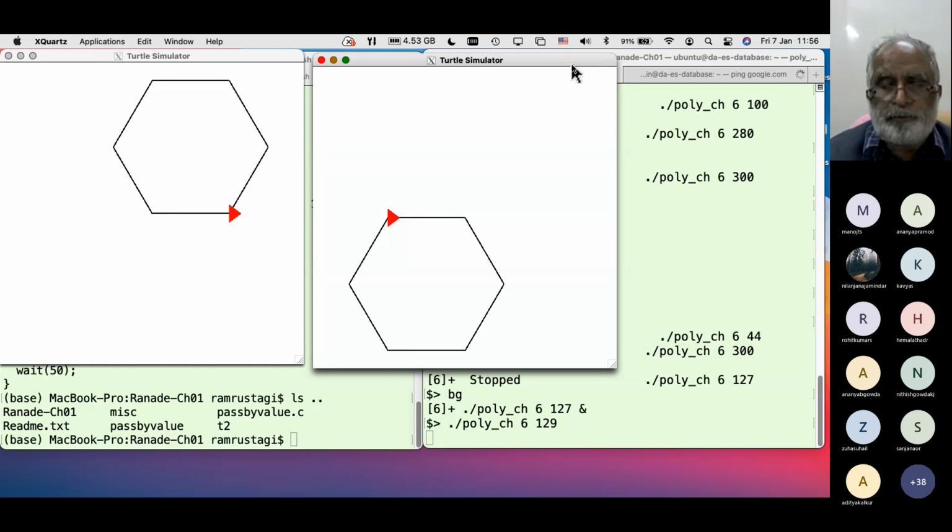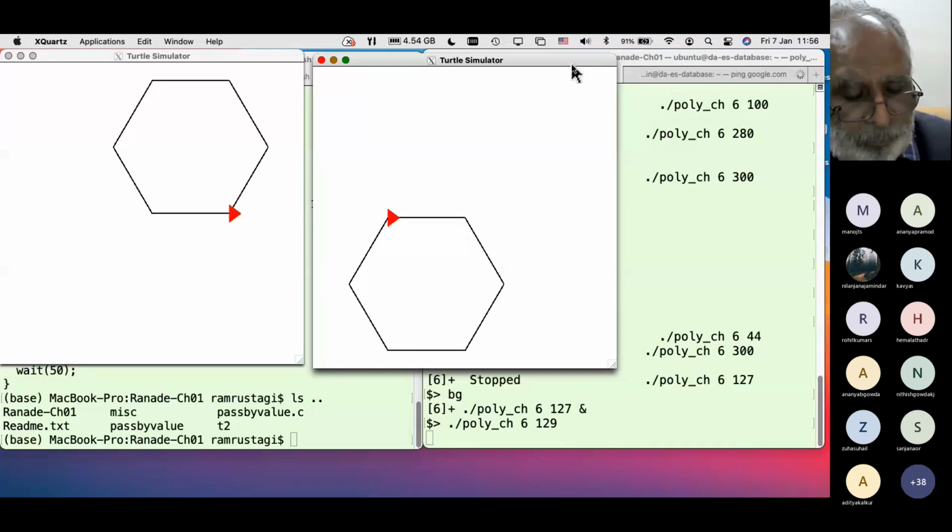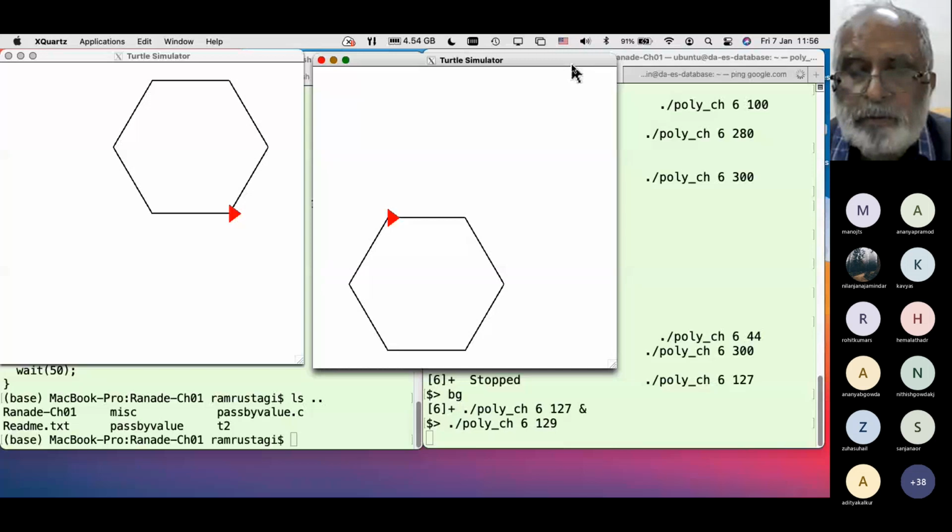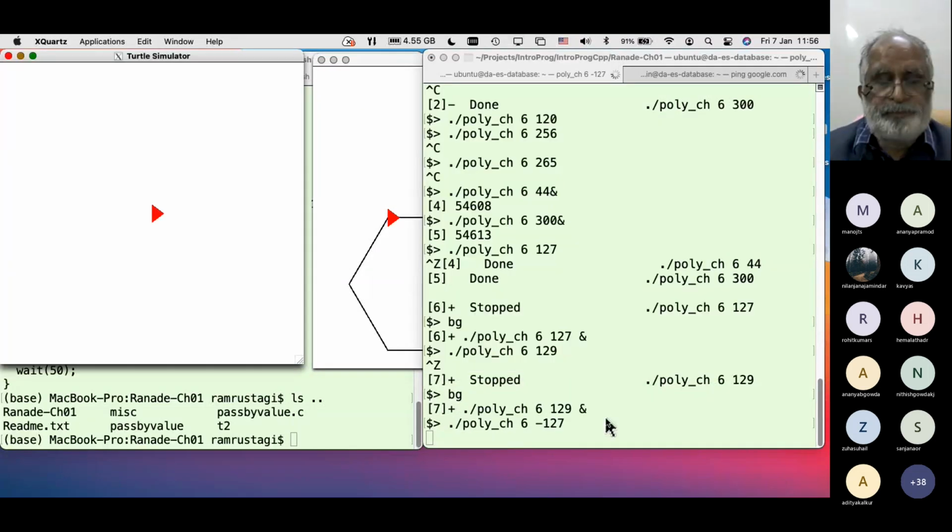Now let me draw another figure with the number minus 127. Got that?